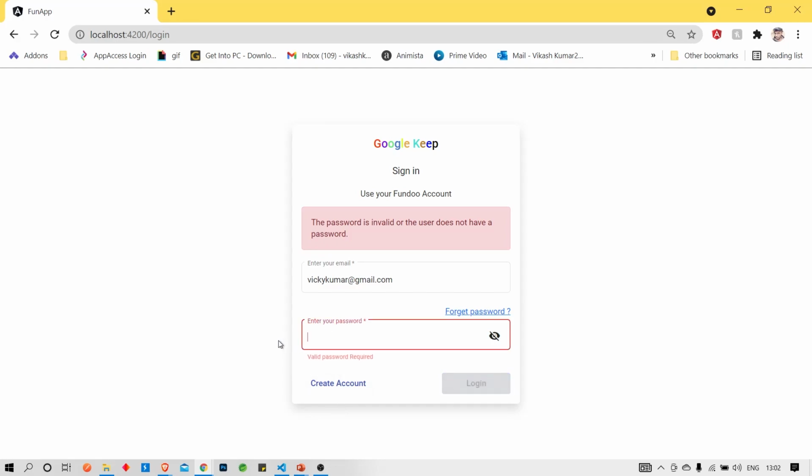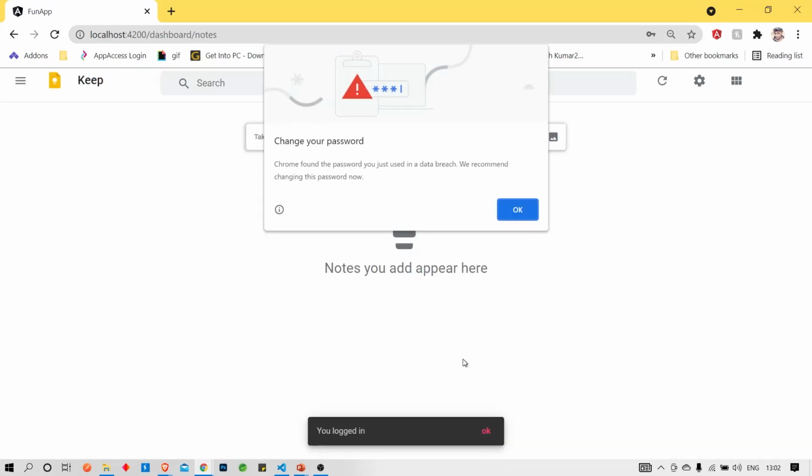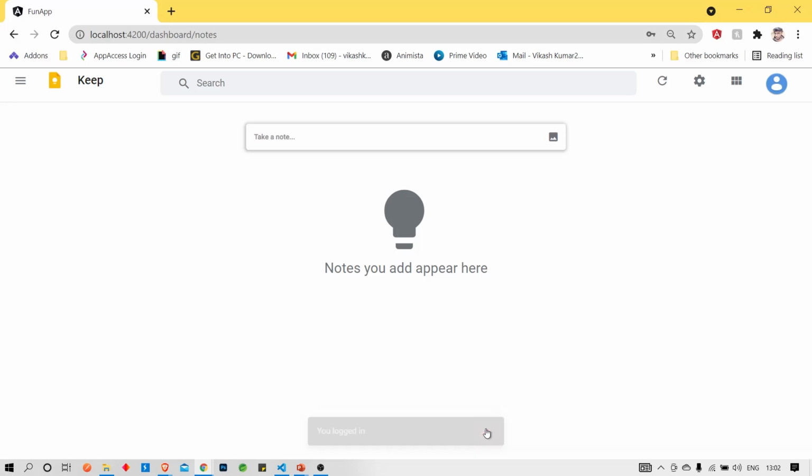If we want to see the password, by clicking on this eye button we can see it. Now we have given the password 123456. After giving this password and clicking on login, yeah, this is our project.